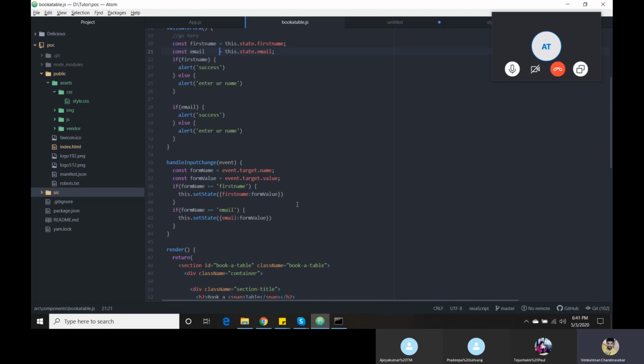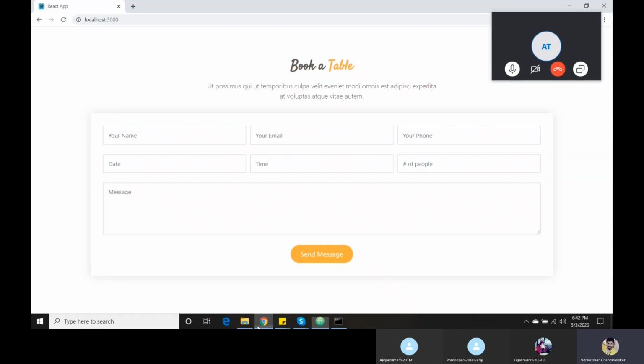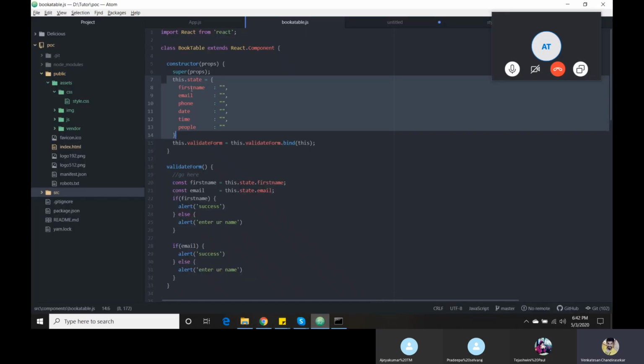In React, it has two things: state and props. We will discuss props later on. State gives the object of the things you are going to use in your particular form. For that reason, we have declared 7 parameters. This is for my internal component. Since here I need to use 7 fields, that's the reason I am going to give something.